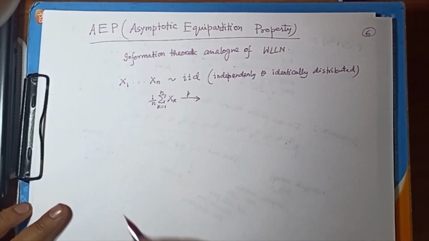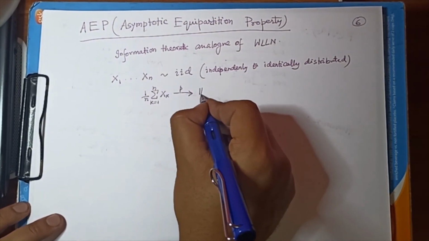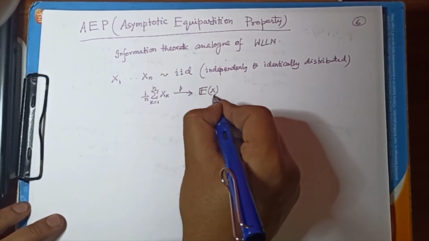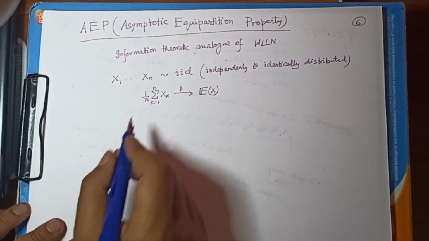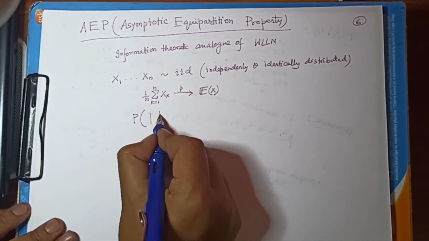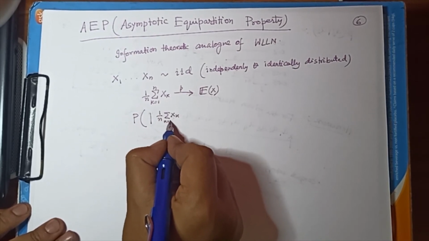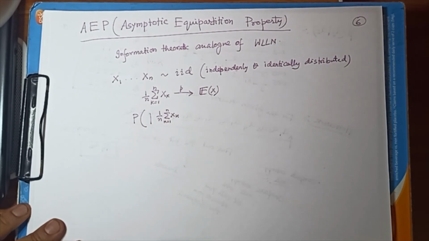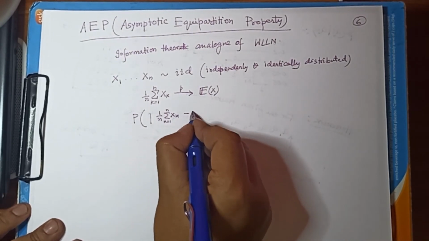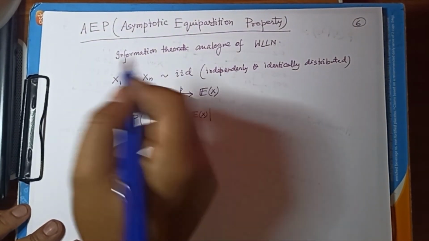So the distribution of this becomes like a step function, and the constant is the expectation of x. So what is the exact statement? Exact statement is probability of |1 by n summation Xk, k is equal to 1 to n, capital X meaning the random variable itself, minus expectation of X, which is the common mean of all of them,